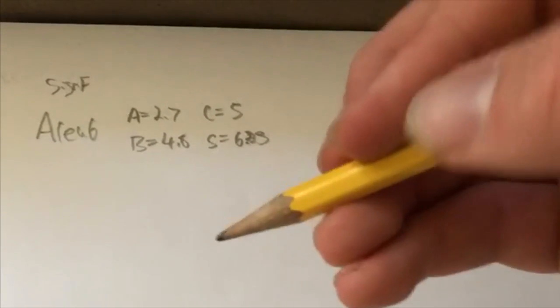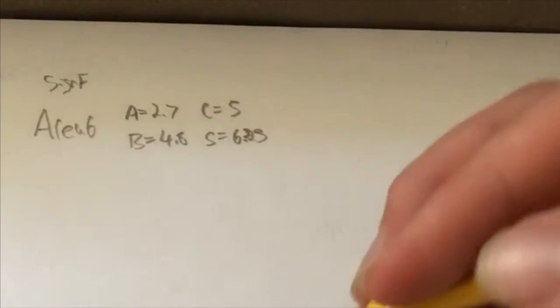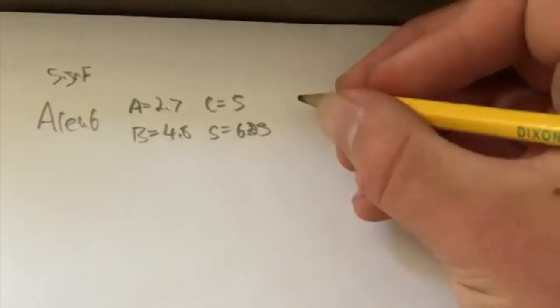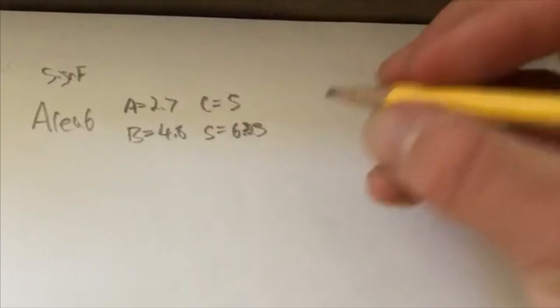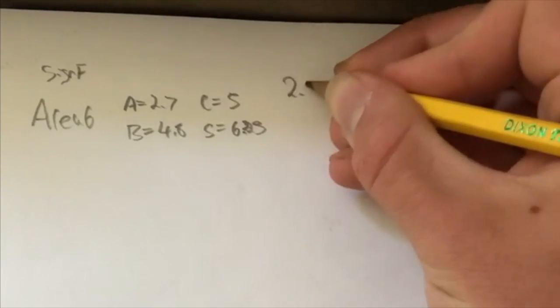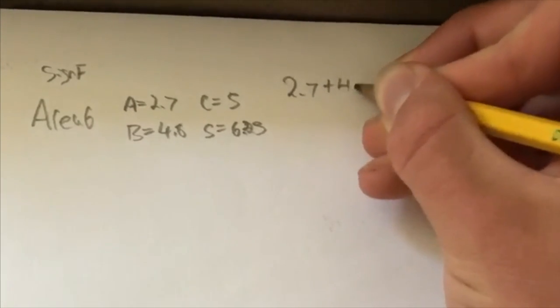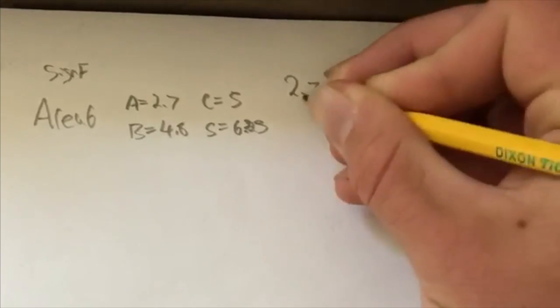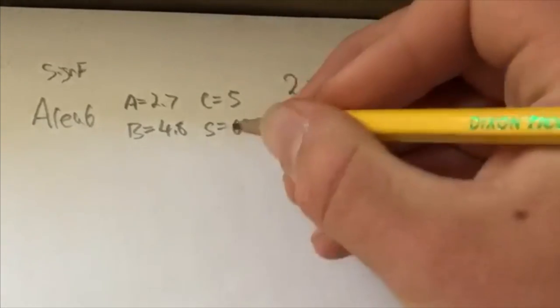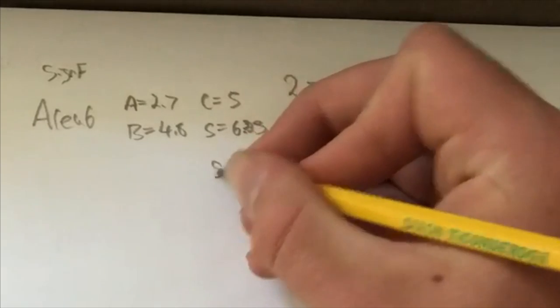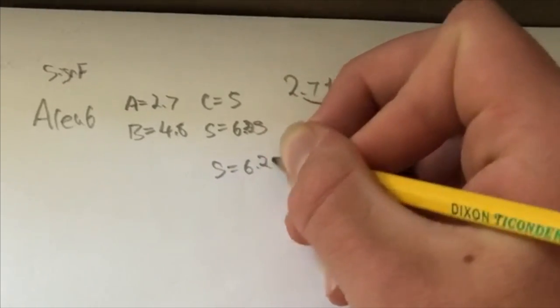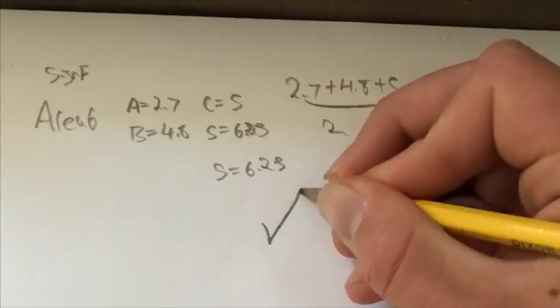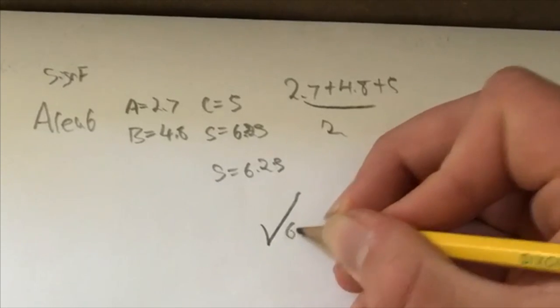Alright, so this is the area for triangle number 6. Again, a triangle, so we're going to use Heron's theorem. So we're going to start off for solving S. It's going to be 2.7 plus 4.8 plus 5, all that divided by 2. And you can see right here I have S is equal to 6.25. Now we're going to plug that into the formula to solve for the area. So 6.25